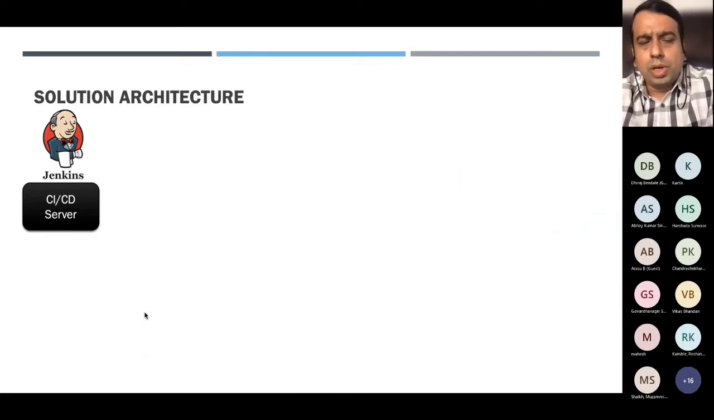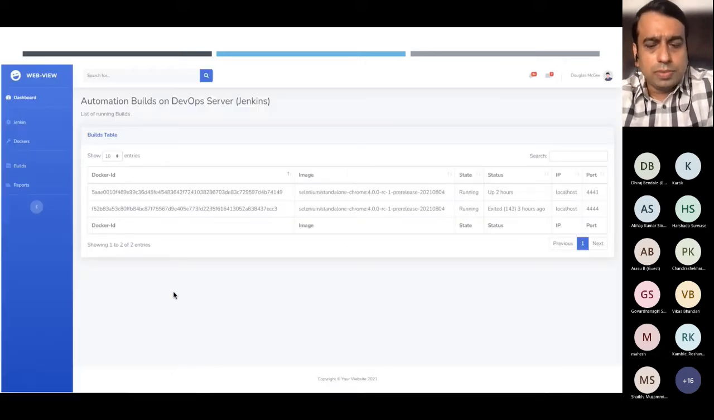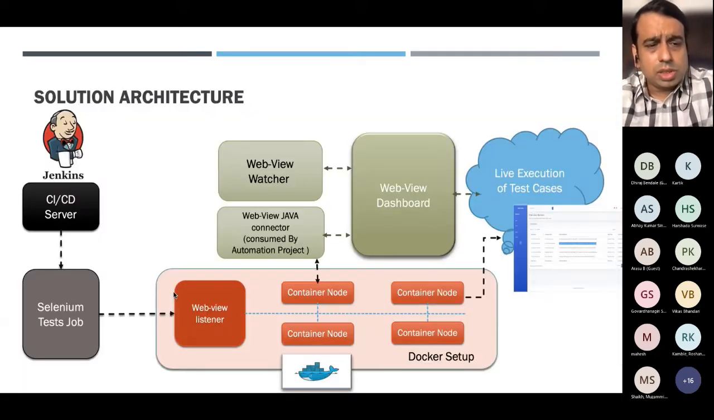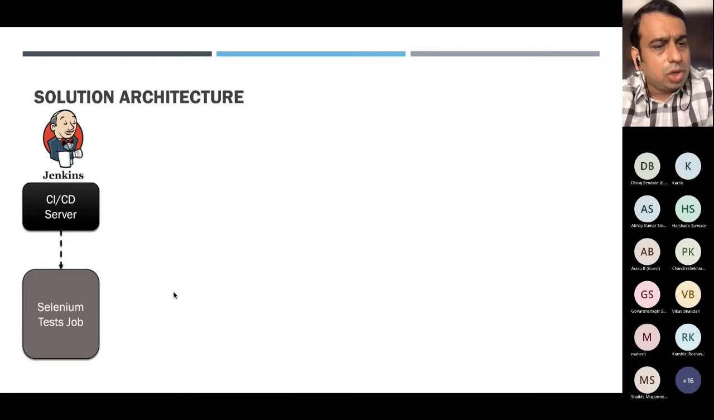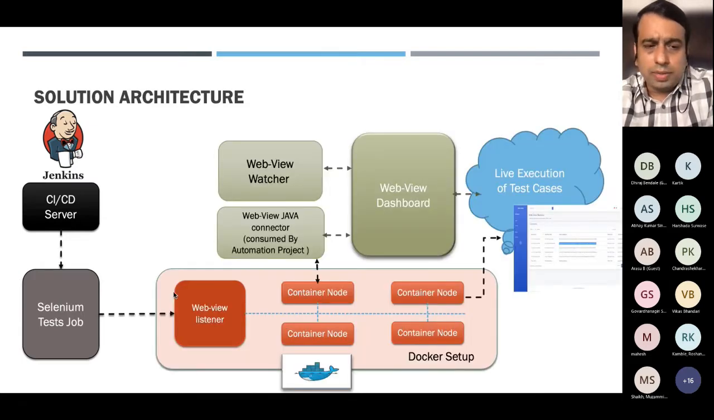So the way it works is you will still trigger your executions through the CI/CD server. Your script will connect to the Jenkins job, and that will connect to our